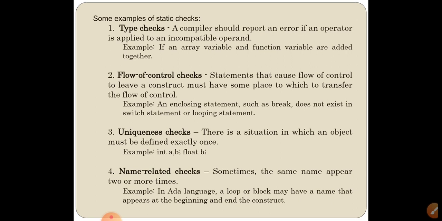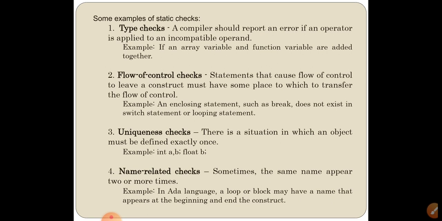Type checking can be classified into two types based on the time when we perform the type checking. One is static checking, another one is dynamic checking. Static checking means the type checking is performed at compile time. Once the compiler performs the type checking, the program can be executed without any type mismatch error. The other one is a dynamic type checker that checks the type of each and every construct at runtime. Whenever there is a type mismatch error at runtime, the program execution is immediately stopped. So this kind of checking is called dynamic checking.